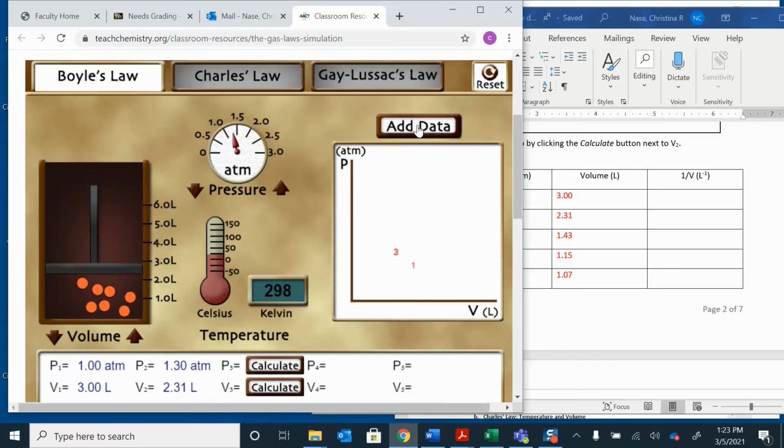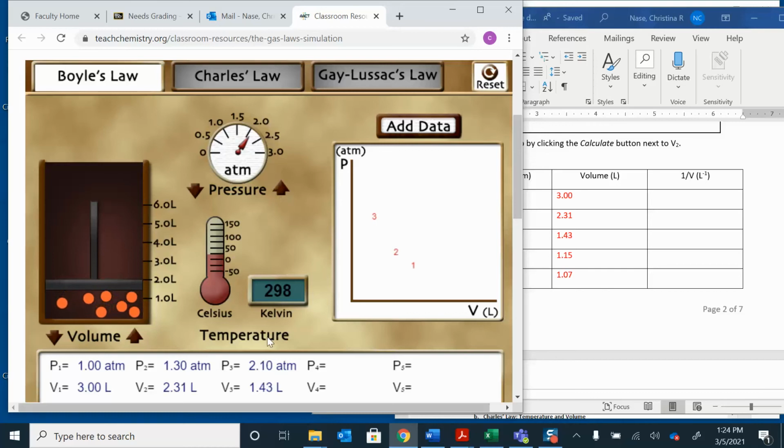And then I'm going to say add data, and now I'm going to go over to next. So you don't do 1.3, you do 1.5 and 2 and 2.5 and 2.9. I'm going to do these other ones so that I don't just give you all the answers. You don't want all the answers, you want to try to get it yourself, right? 2.1, and then I calculate that, 1.43, do another, oh, dang it,